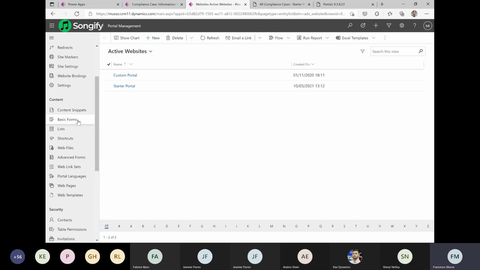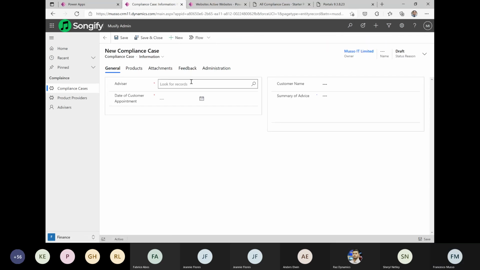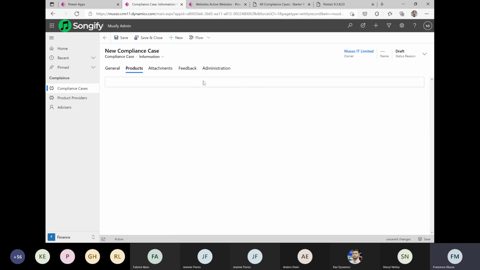Basic forms usually are good if it's quite a straightforward process and there are no child records associated with that. So in my example, I had the case and then the many products that might relate to that case. If you think back to creating that in Dynamics, I can't do anything with that product subgrid until the record exists. So that's one big benefit of using the advanced forms, because you can have a combination of create and update